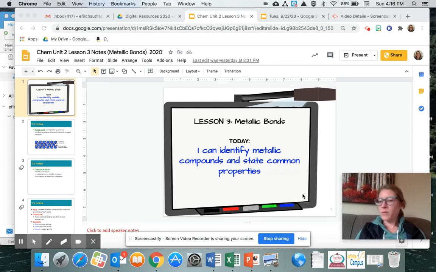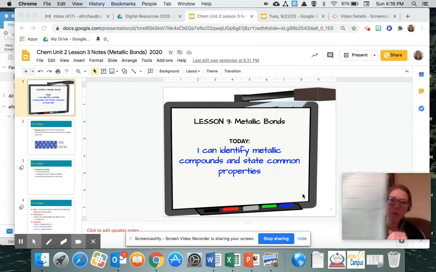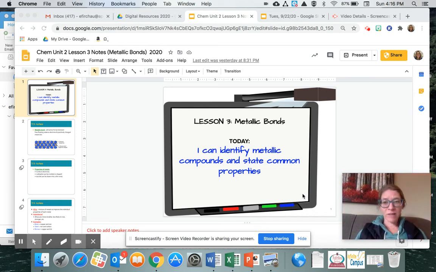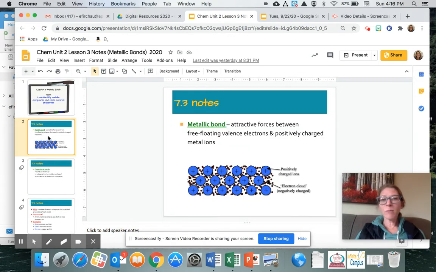The Lesson 3 notes will cover section 7.3 on page 3 of your notes packet on metallic bonds. This might be the shortest set of notes that you take this unit. Sweet. All right, so for 7.3 notes, metallic bonds have attractive forces between free-floating valence electrons and positively charged metal